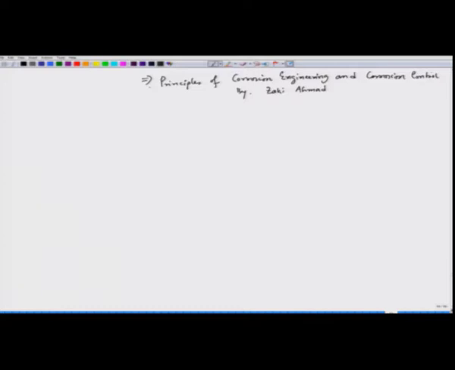You can read this book, this is a fantastic book. I will just take one problem from that. So, the problem statement says that calculate the theoretical tendency of nickel to corrode in deaerated solution, deaerated water where pH equal to 8,